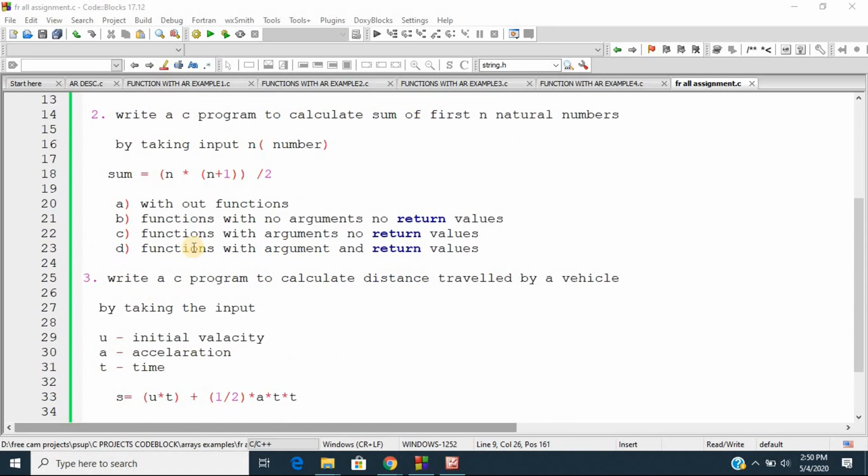The second program is to write a C program to calculate the sum of the first n natural numbers by reading the input n. The sum is calculated using the formula n into n plus 1 by 2, where n is a number. You need to write the 4 programs for this: without functions, functions with no arguments and no return values, functions with arguments and no return values, and functions with arguments and